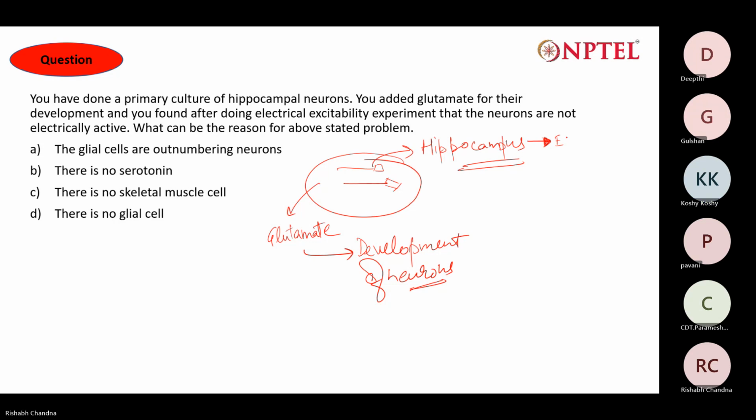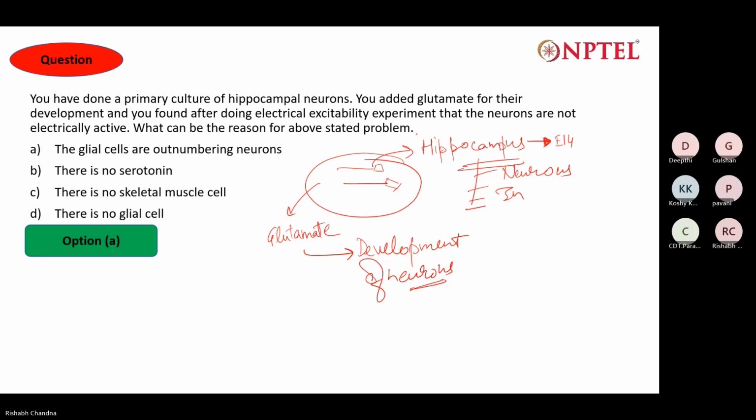E14. Yes, we isolate hippocampus at E14. So in hippocampus, we will have certain kinds of cells. Okay, there will be neurons, interneurons. Yes. So interneurons